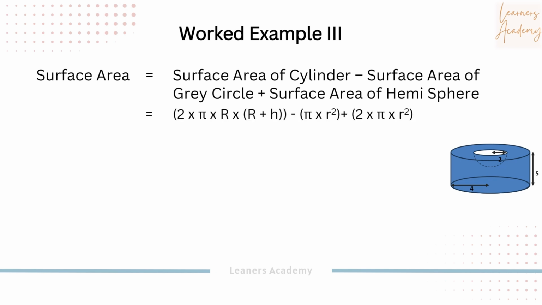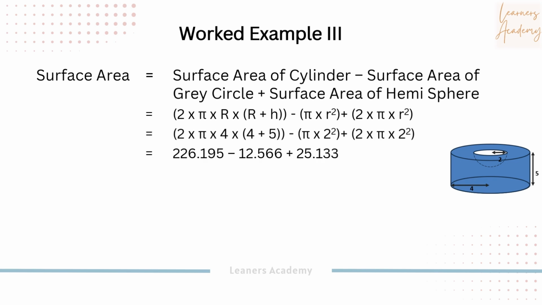As we know that the surface area of the cylinder is 2 pi base radius multiplied by height of the cylinder, while the surface area of the circle is pi r square and that of the hemisphere is 2 pi r square. Plugging in the value of capital R, small r and h, we get the surface area of the composite shape as